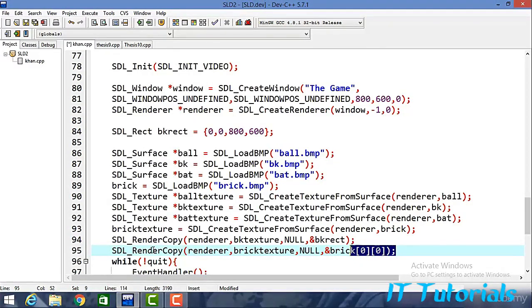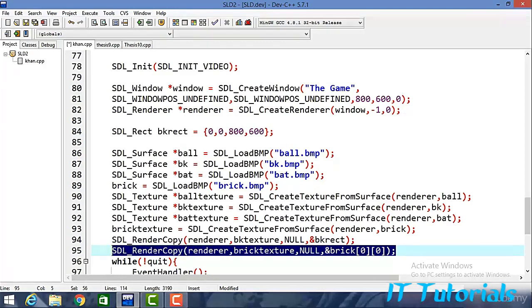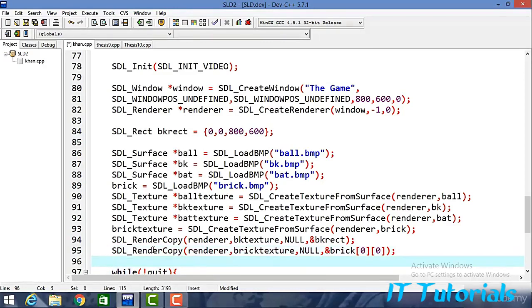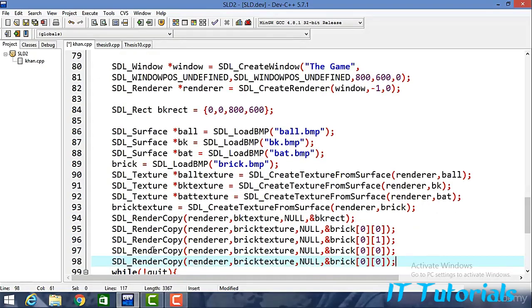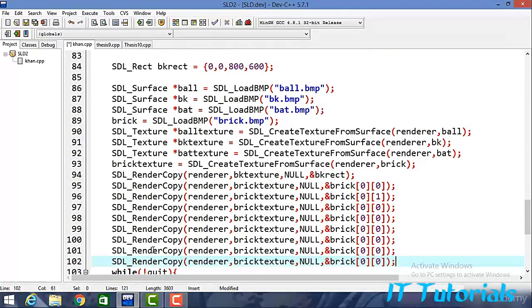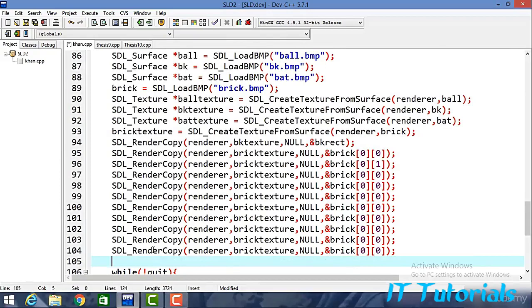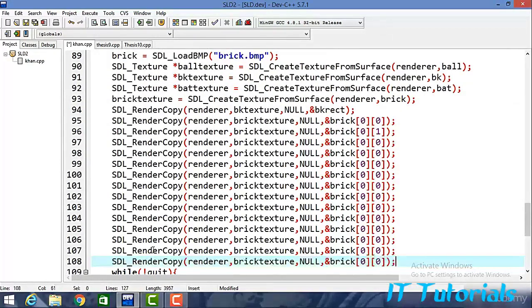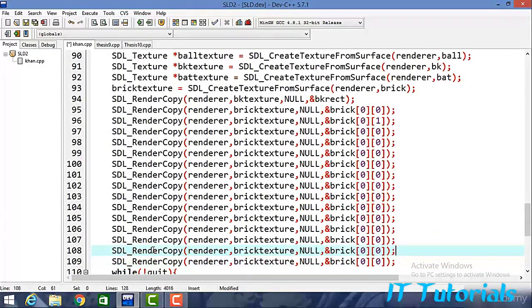Now similarly copy your second texture, which means second break 0, 1. Control V, Control V, Control V. 02, 03, 04, 05, 06, 10,